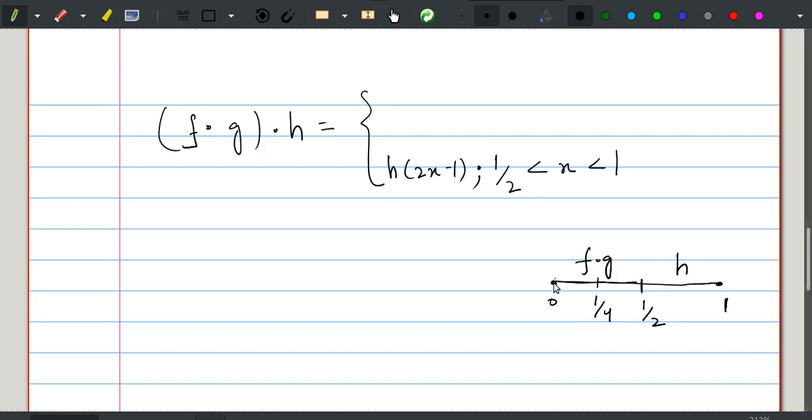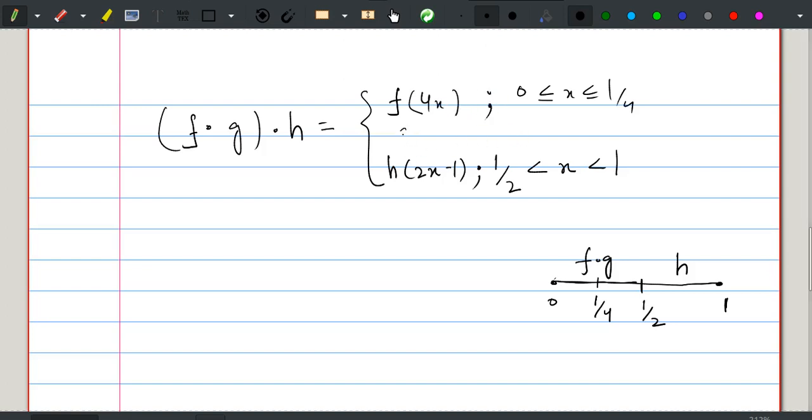Now in the interval 0 to 1/4 we travel f, so this is 0 less or equal to x less or equal to 1/4. So we have to travel at a speed 4 times bigger than the speed of the original f. So this is 4x,